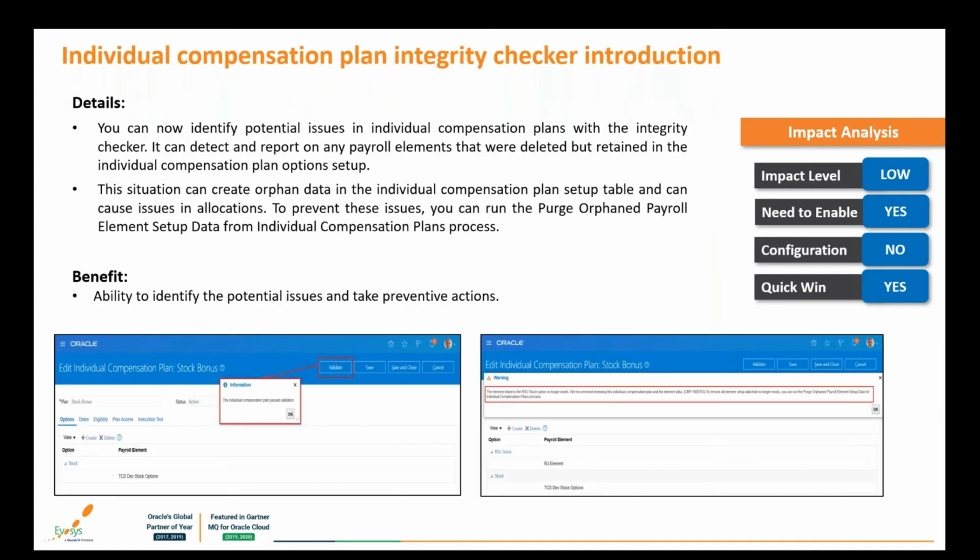The final opt-in feature is the individual compensation plan integrity feature. Now, as the name suggests, this feature checks the integrity of the individual compensation plans by detecting and reporting payroll elements that were deleted but somehow retained in the individual compensation plan setup. Previously, such cases used to create orphan data and cause issues in allocations. This can now be handled by using purge orphan payroll element setup data from individual compensation plan. As you can see in the screenshot,